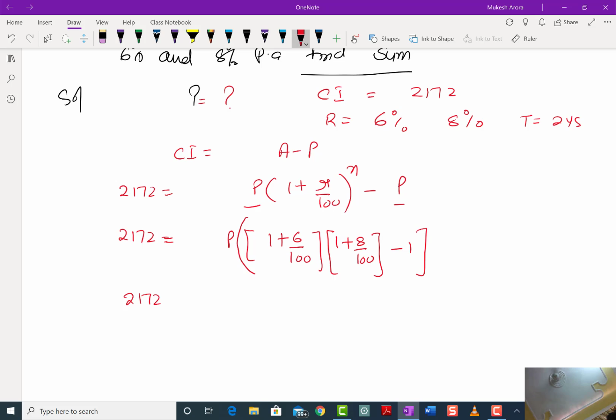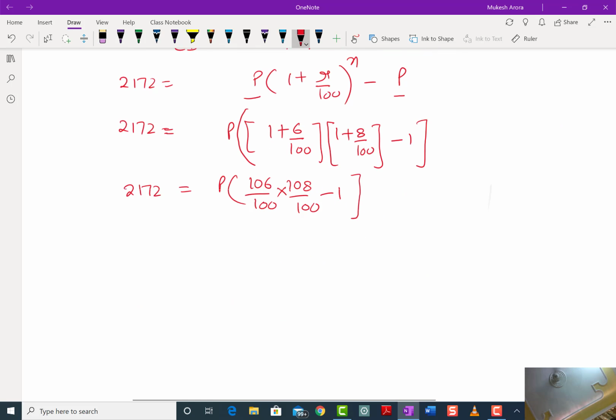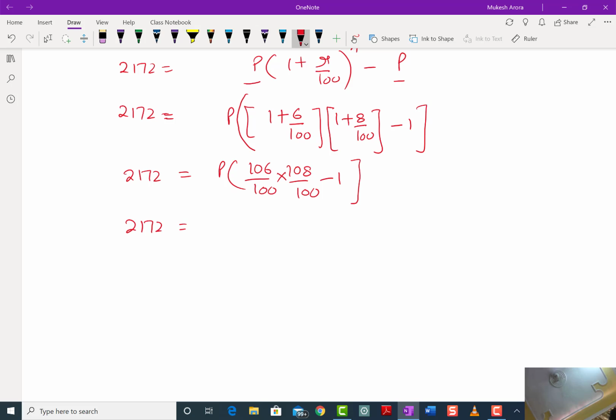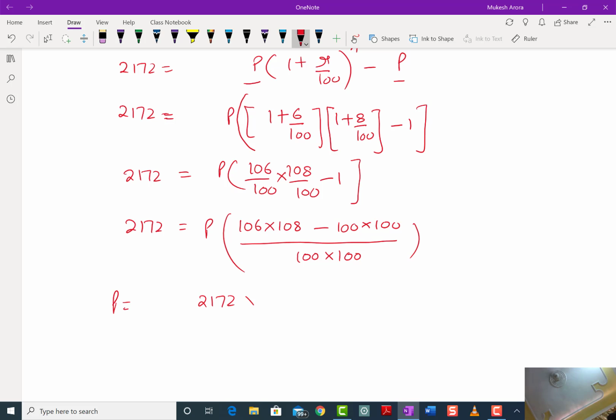So 2172 is equal to principal into 106 by 100 into 108 by 100 minus 1. So this will be 2172 is equal to 106 into 108 minus 10000 upon 10000 into P. So P is equal to 2172 into 10000 upon